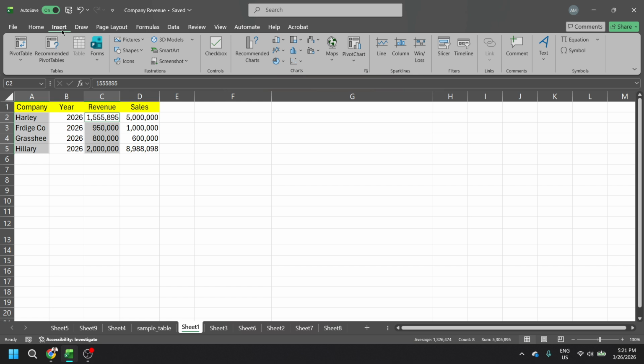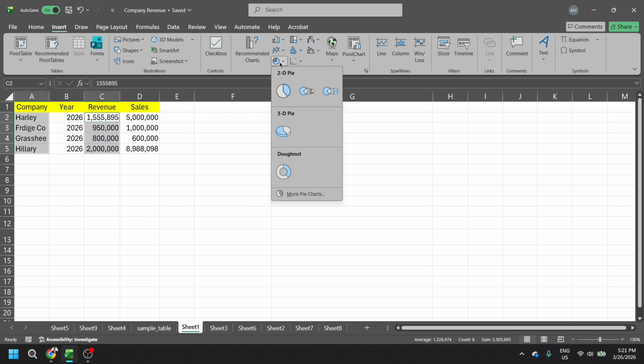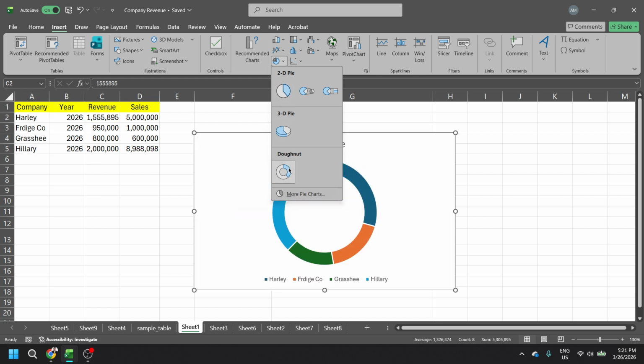In the Charts group, look for the pie chart icon. Clicking it opens a gallery of related chart types. From that gallery, choose the Doughnut option. As soon as you click Doughnut, Excel creates the chart based on the cells you selected and places it on